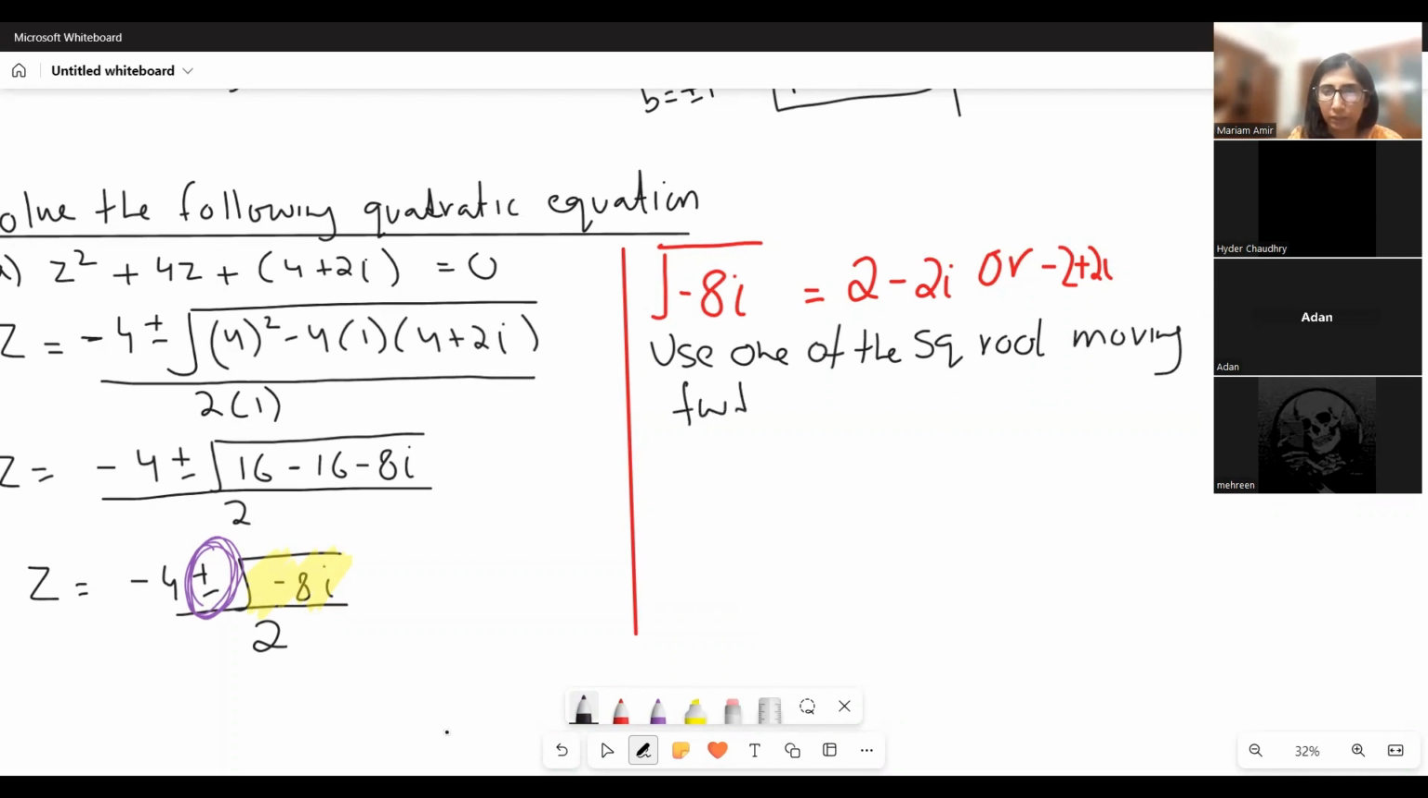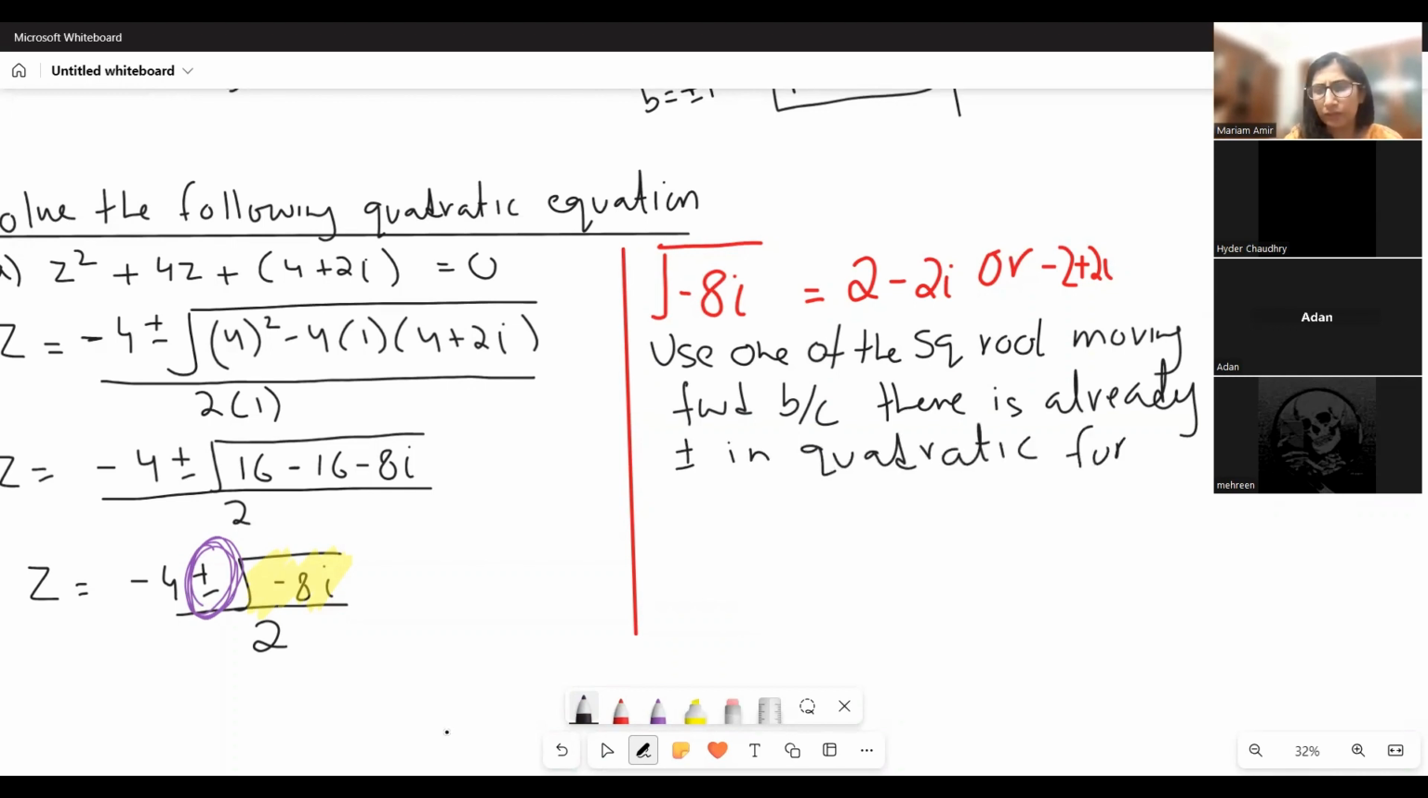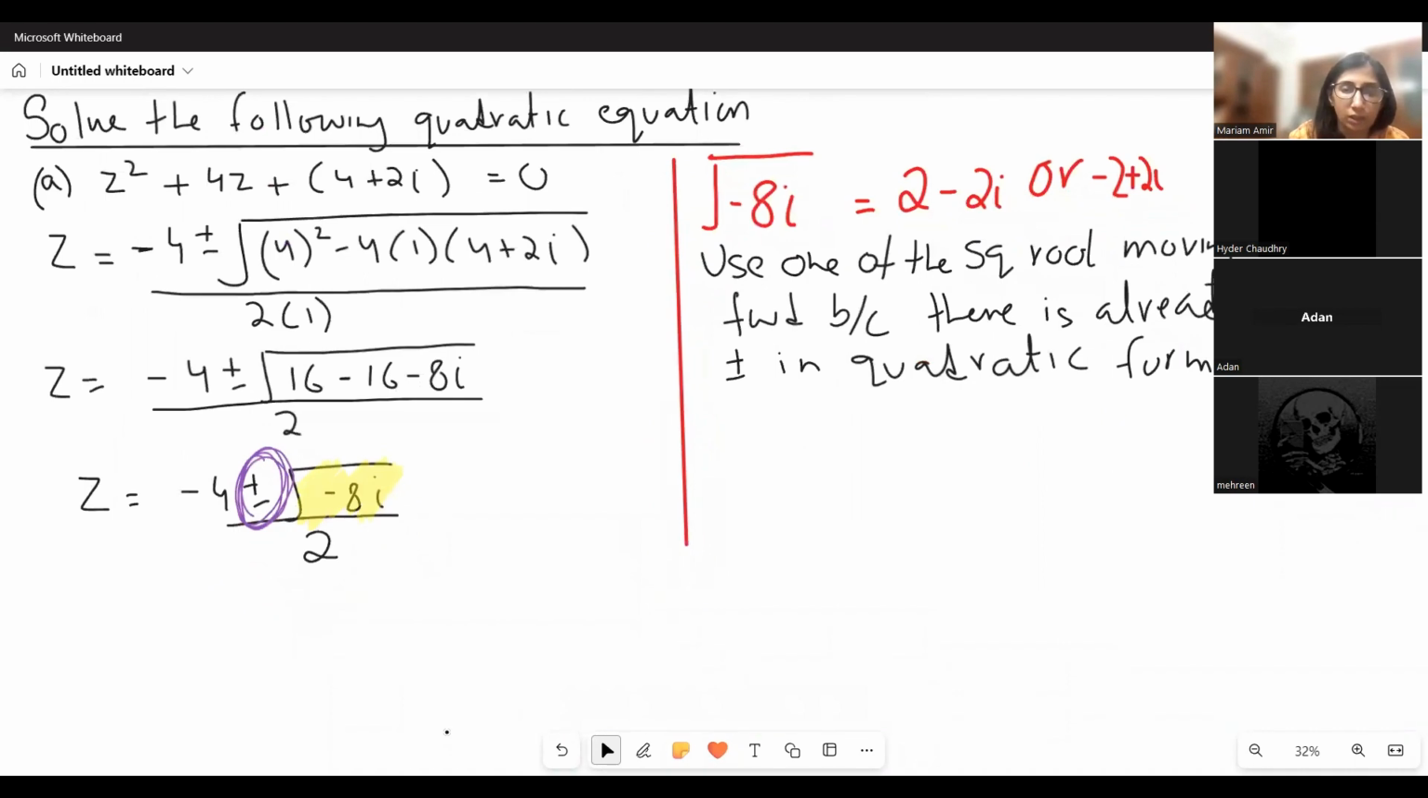The reason is that there is already plus minus in the formula, in the quadratic formula, so definitely you will be using both of them, but here you show one of them in the working. So we have z equals minus 4 plus minus, I'm using the first one that I've written, 2 minus 2 iota